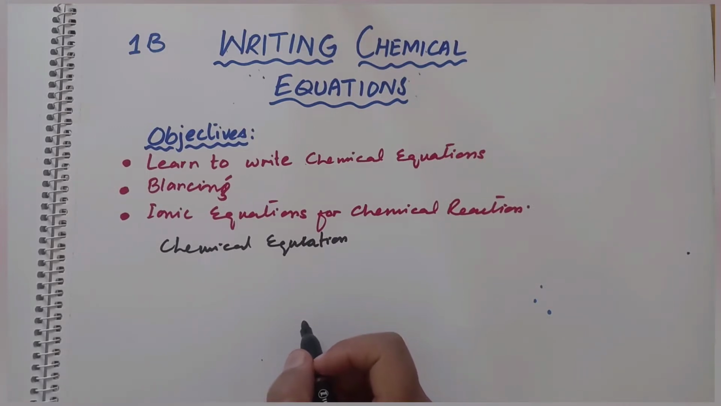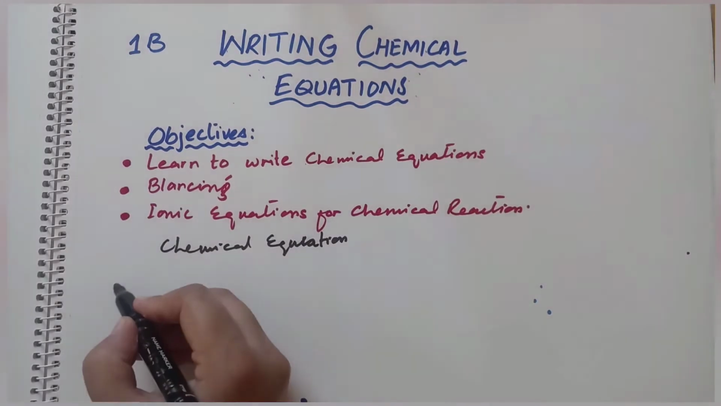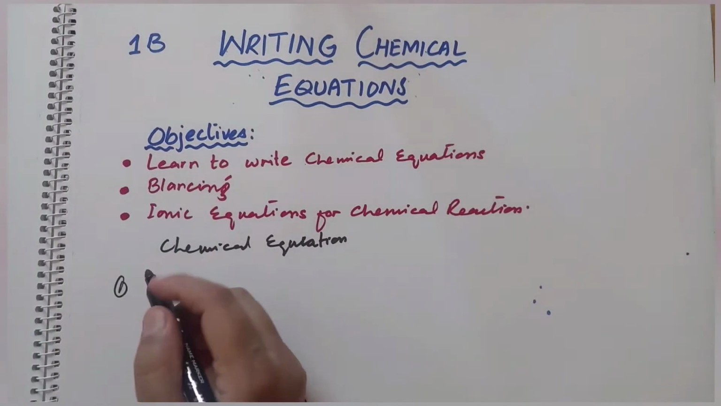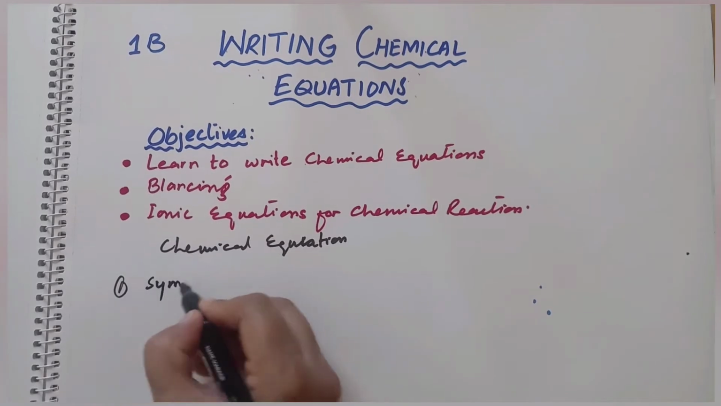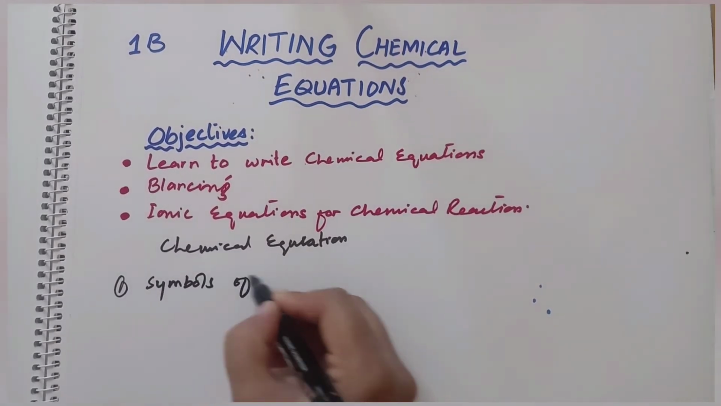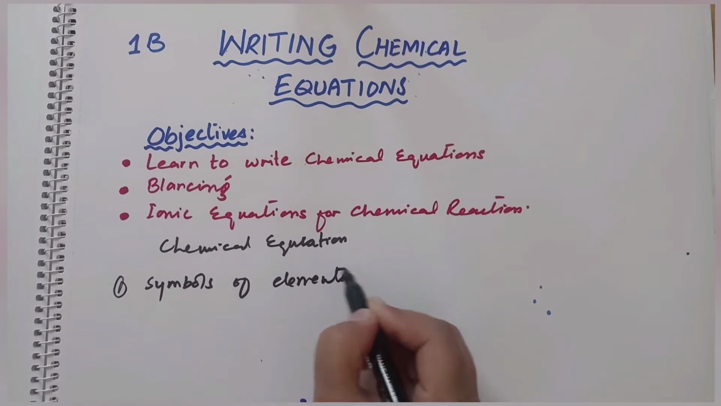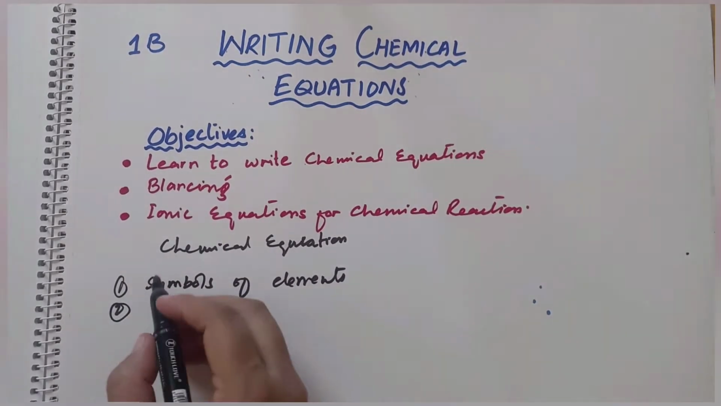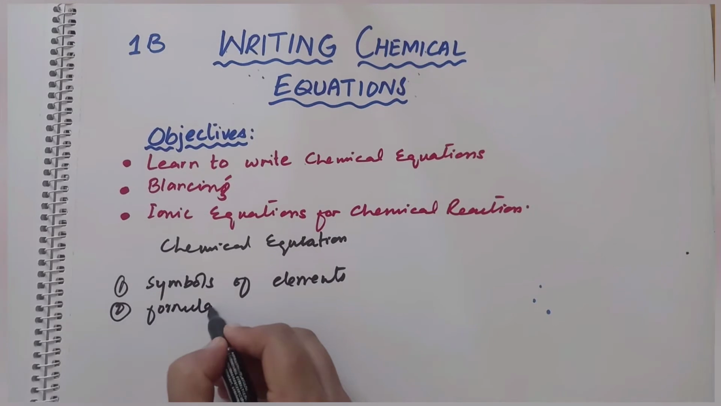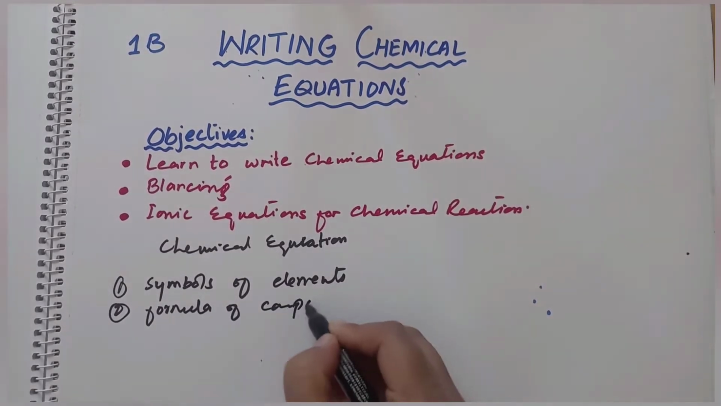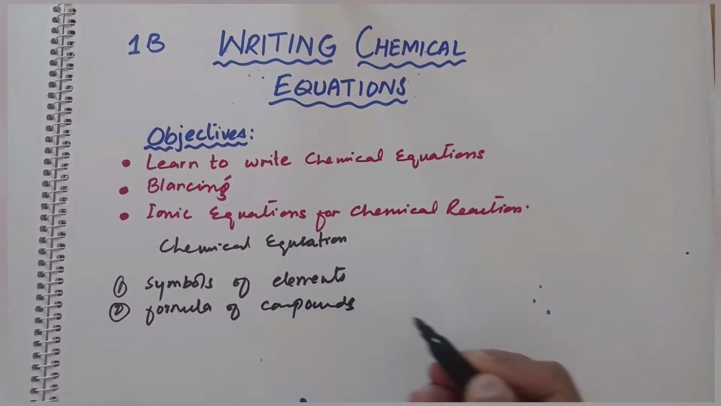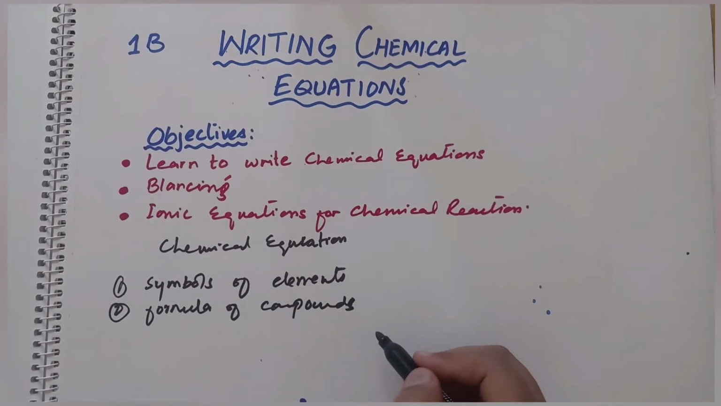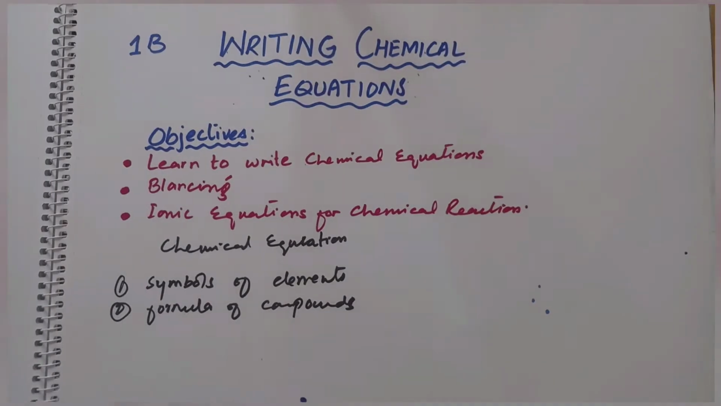And to write the chemical equation, we should know number 1, symbols of elements, and number 2, formulas of compounds that are participating in the chemical reaction. So we have to learn and remember the names of the compounds and their formulas to write the chemical equation. Some examples of the symbols and the formulas are